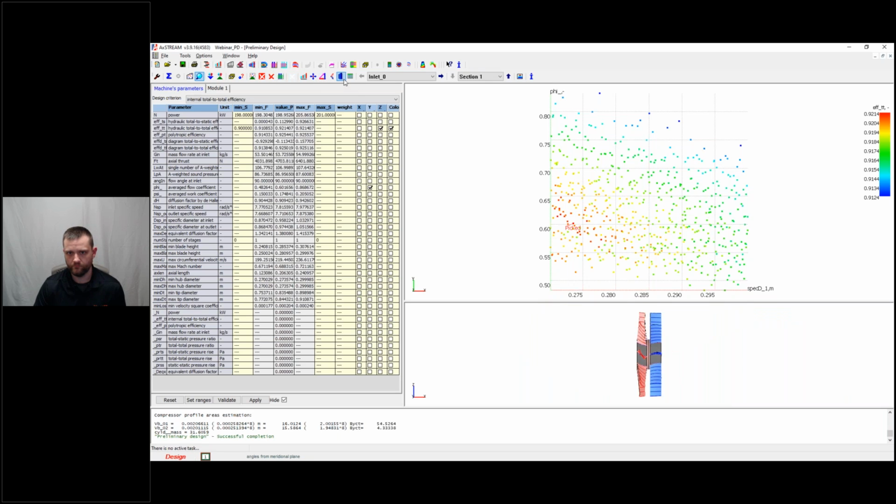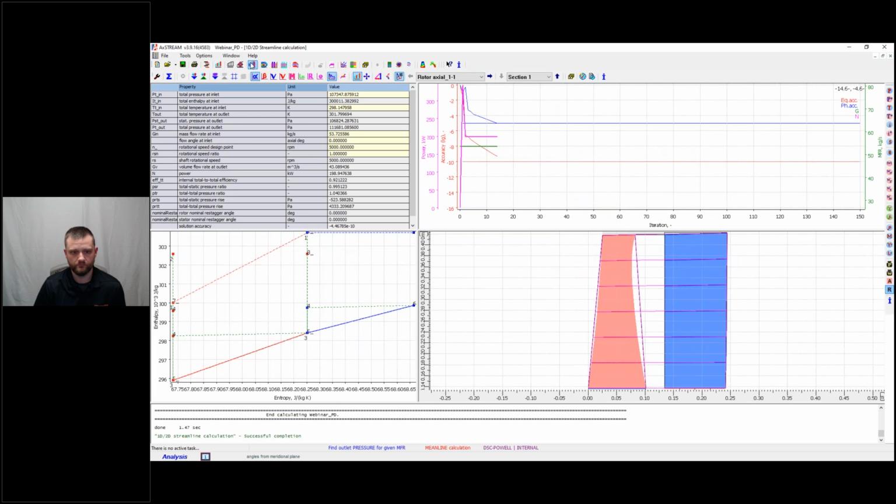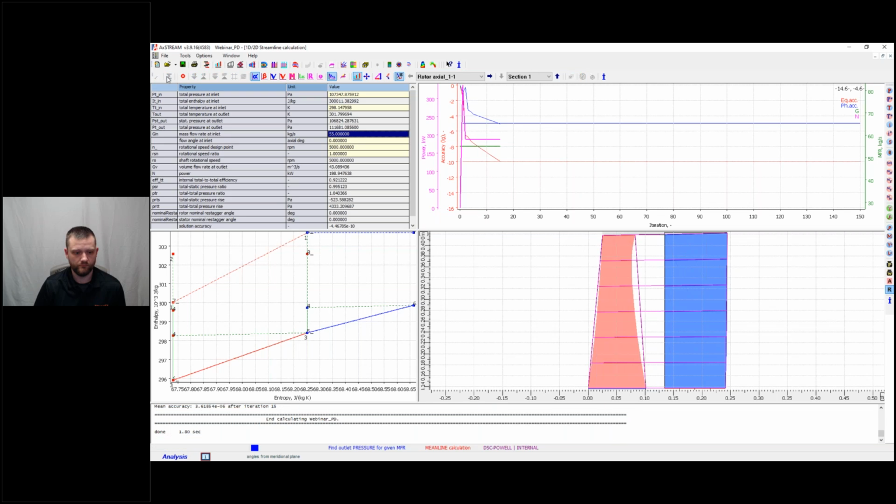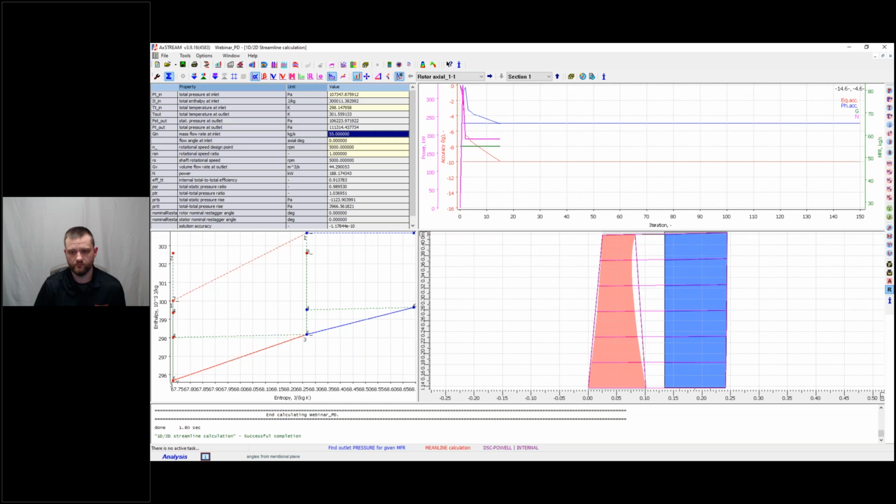So I said that we can then look at the final selected design here. And the next step is, after we filtered the designs and have chosen the proper initial geometry, we go ahead into the 1D, 2D streamline calculation. Here we can run the various off design conditions. You can see here I can change my RPM value or my mass rate. So right now I would run this case. I can change this value and run the new operating point, for example.